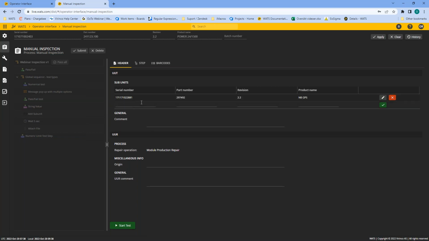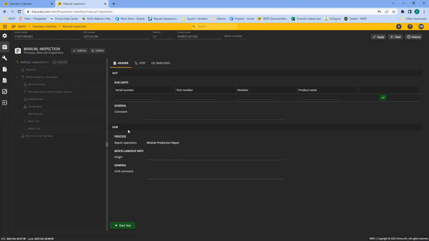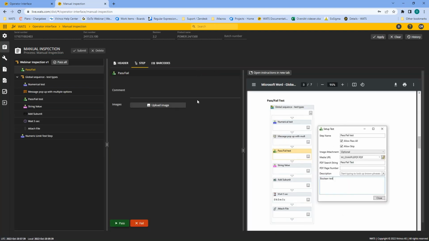So I could add subunits by scanning it. I'm going to delete that one again. I have the MISC info field here as well, and I can add the origin, I can add a comment, and any other information that you would like the operator to log. So I'll click the start test, and once it starts, you will see the entire sequence outlined on the left-hand